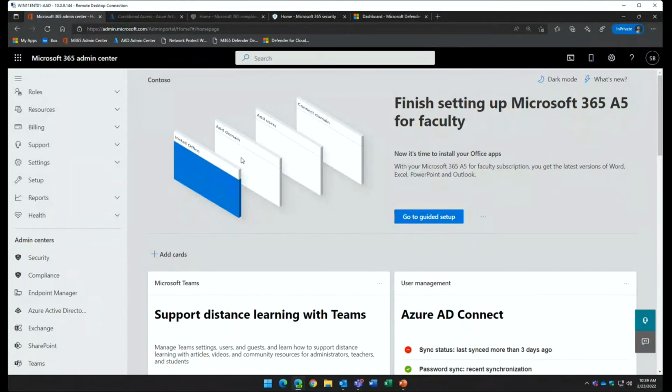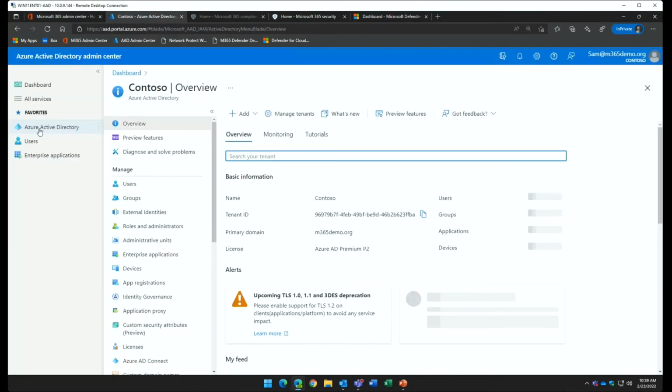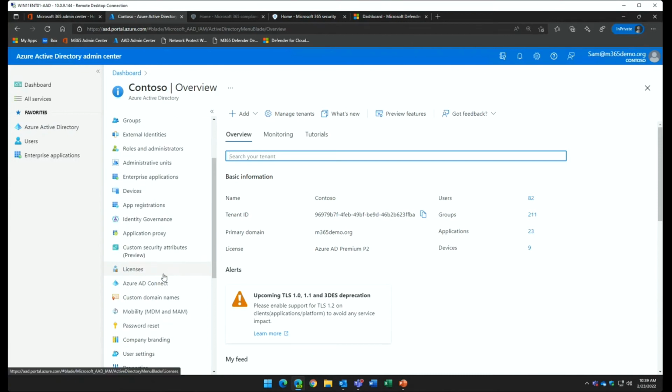So hopefully this is a familiar page for many of you. I'm going to start off. This is the Microsoft 365 Admin Center, but I'm going to start us off today in the Azure Active Directory Admin Center. So we're just going to go look at Azure Active Directory here, and wanted to talk about a couple components. I don't know if anyone's still running on ADFS servers, or if everyone's moved to password hash sync.